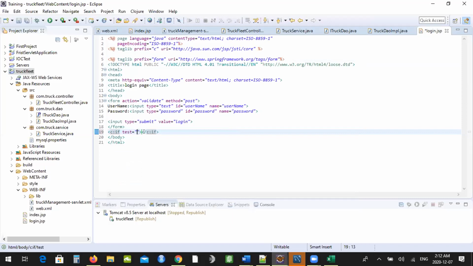C test. How can I access a modal attribute? It is simple, using the dollar symbol, and you should know the key. There I kept message as my key. Remember guys, message, right? How can I validate? It's simple. If it is not equal to null,